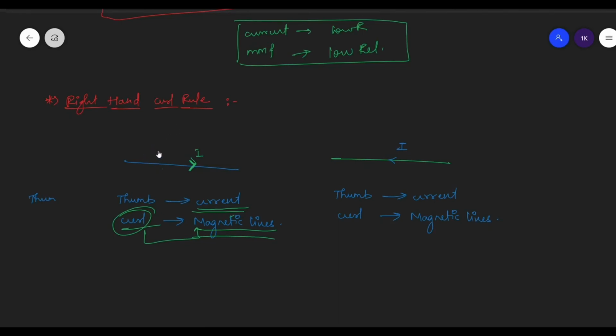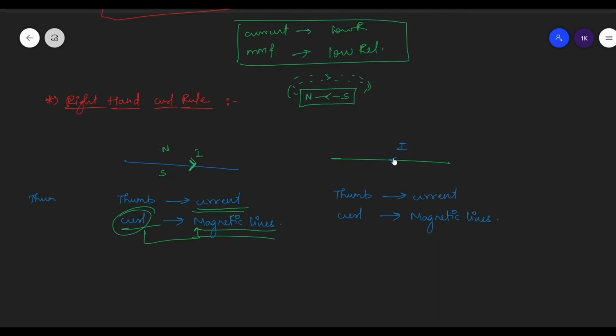Usually in a magnet, assume this is a magnet with north and south pole. The flux lines will be flowing from north to south outside the magnet, and inside the magnet it will be from south to north. So as here they are coming outward, from the top position of the pen, I'll mark it as a north pole and this is the south pole. Now assume,